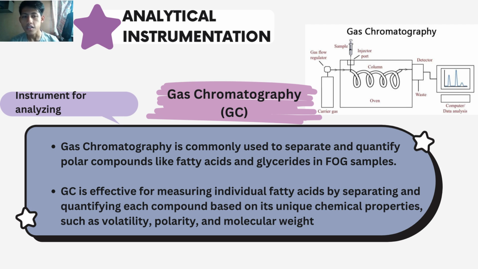Inside the GC, the sample is vaporized and carried through a long, narrow column by an inert carrier gas. The column is coated with a stationary phase which interacts differently with the various polar compounds in the FOG sample,